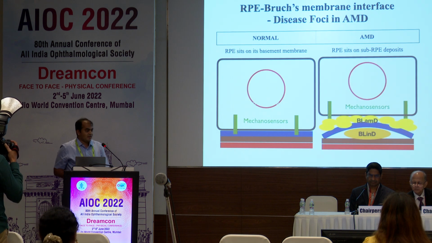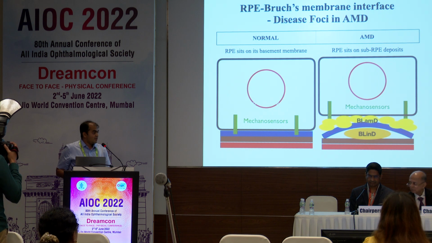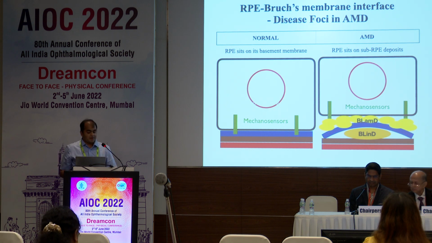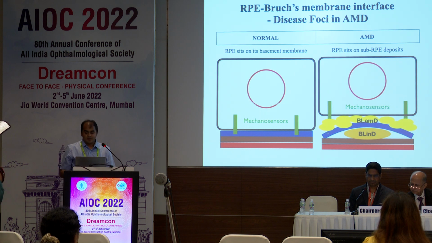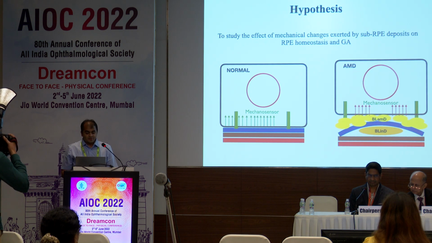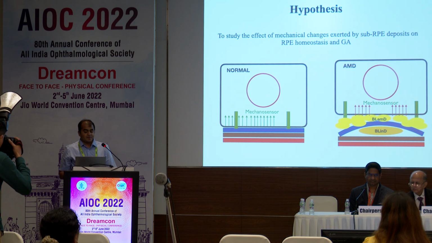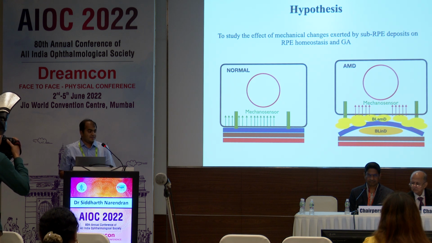So why is this phenomenon even relevant in AMD? We know that the RPE-Bruch's membrane interface is the focal point of several hallmark changes which happen in AMD. The RPE, which lies on the basement membrane, will come to lie on these deposits in macular degeneration. So our hypothesis was to study the effect of mechanical changes exerted by these sub-RPE deposits on RPE homeostasis and